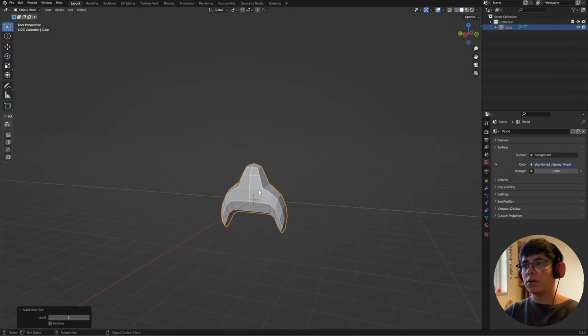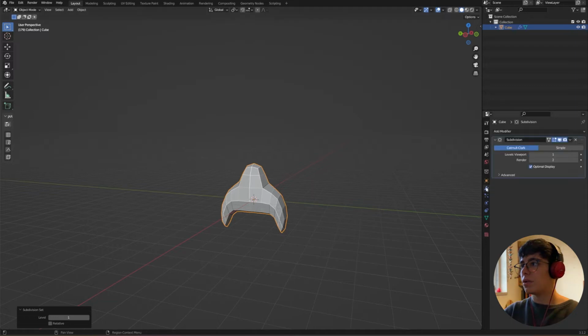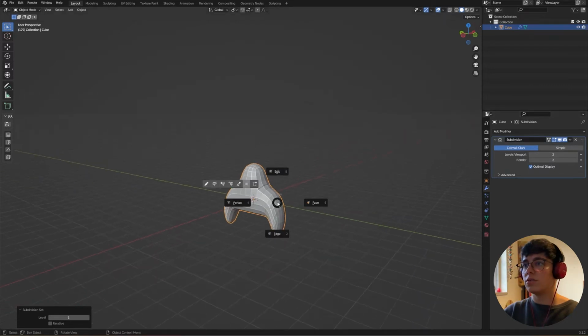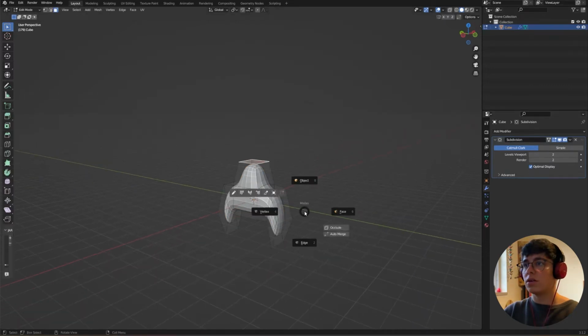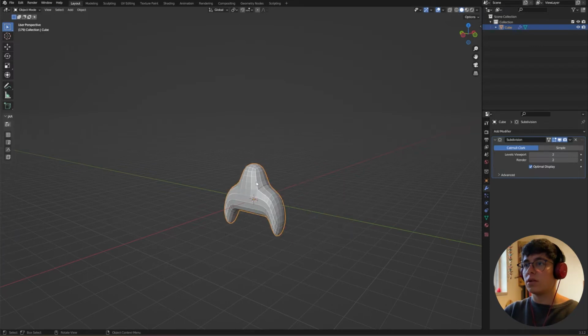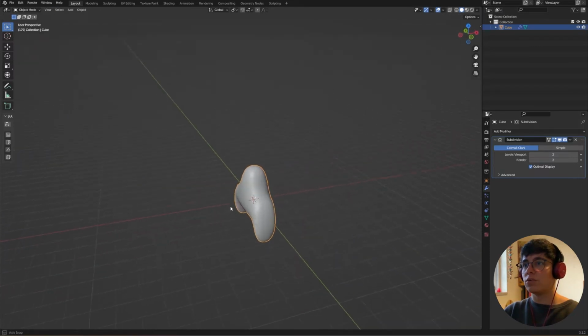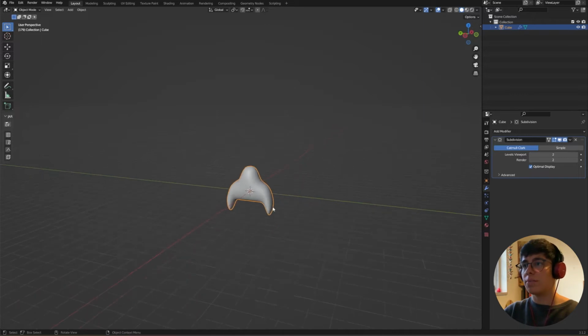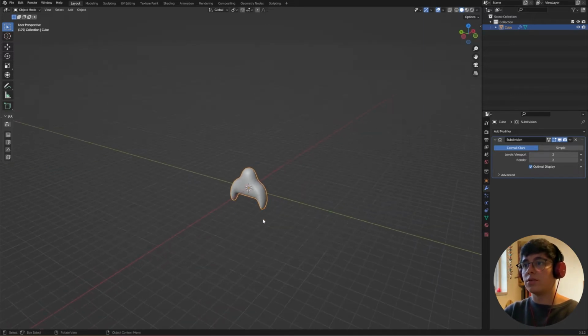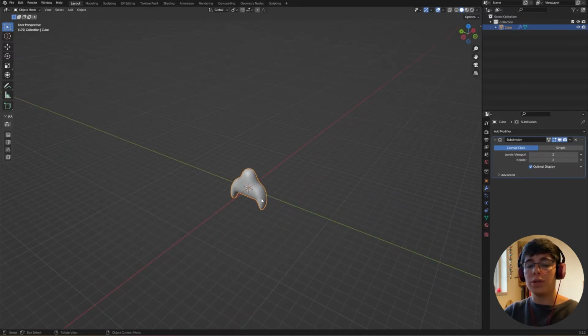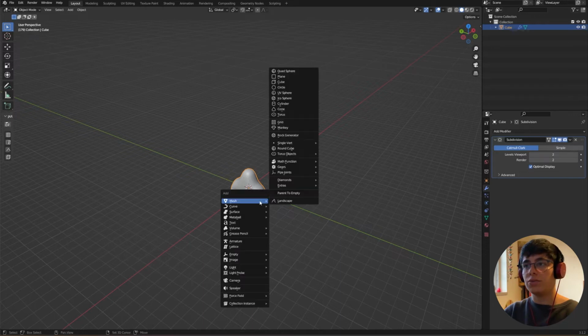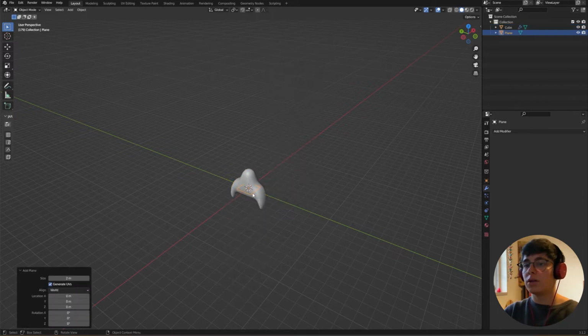Control 1, so we create a subdivision in our modifiers. Let's put 2 subdivisions and right click, shade smooth. Okay, this is our base, and now to create our ghost we need a sheet, so Shift A, plane, scale it